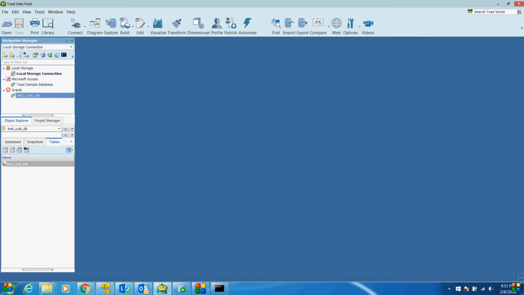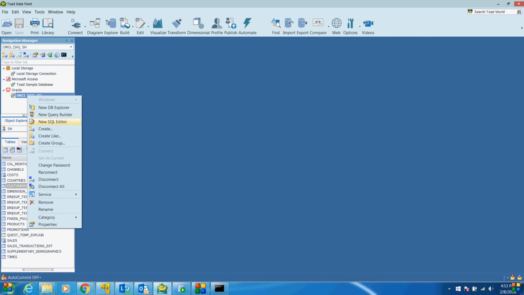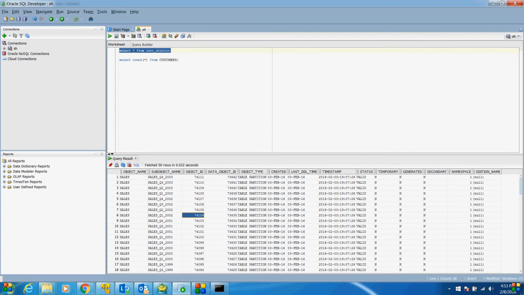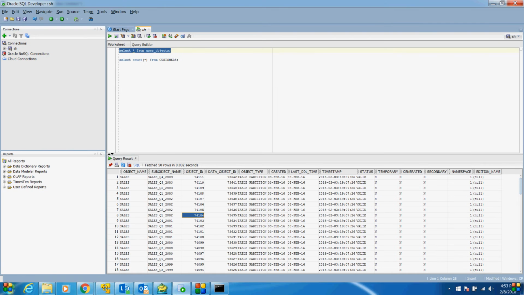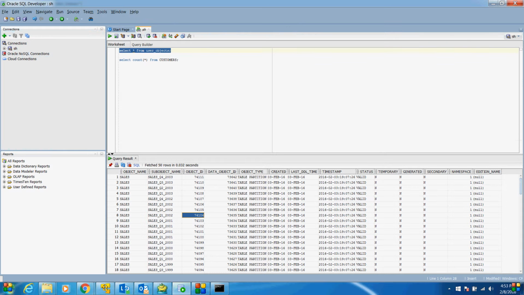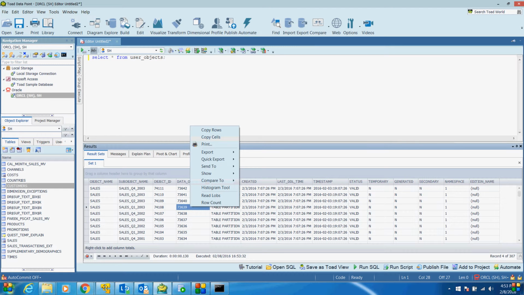Let's suppose I open the new SQL Developer, this one. I want to export the data.